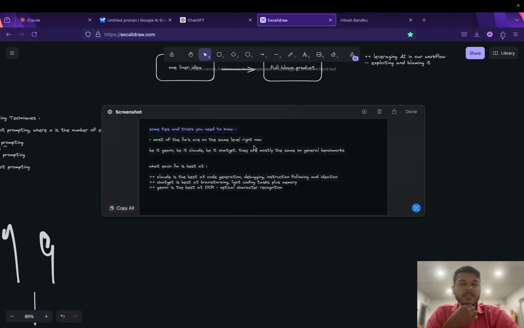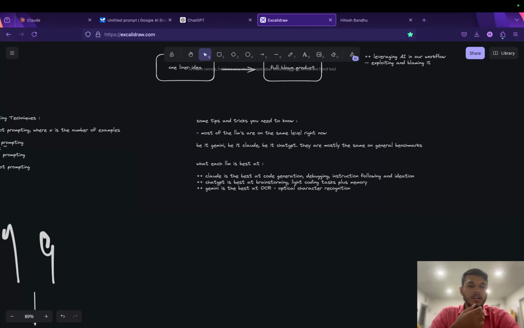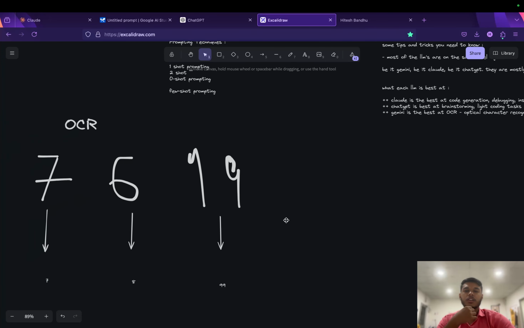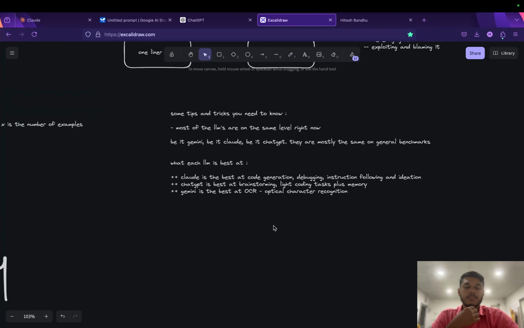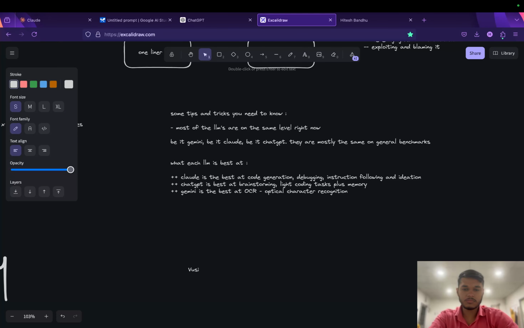Even if you have a picture, it can do it. If you say copy all, it will copy all the text. For now, I don't need it. So this is called optical character recognition, and vision models are best at it. Vision models are models that can take as input a picture and process it accordingly